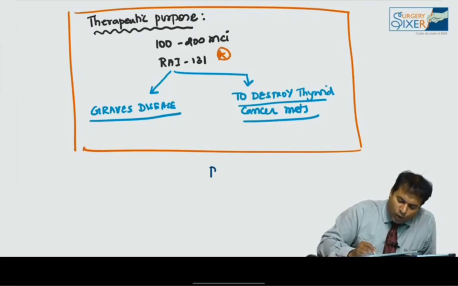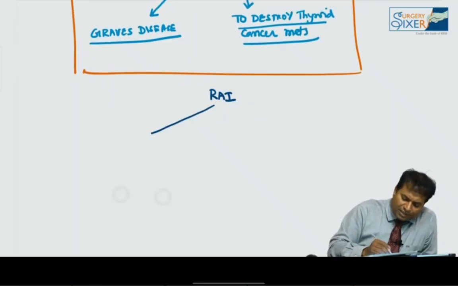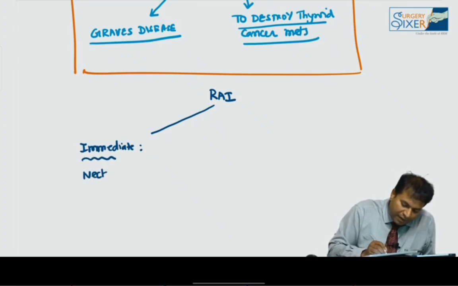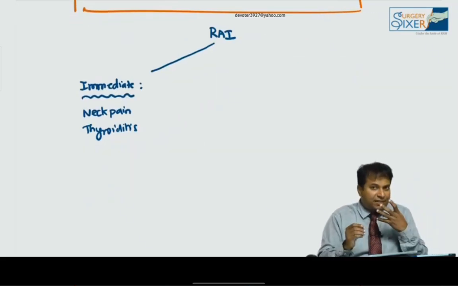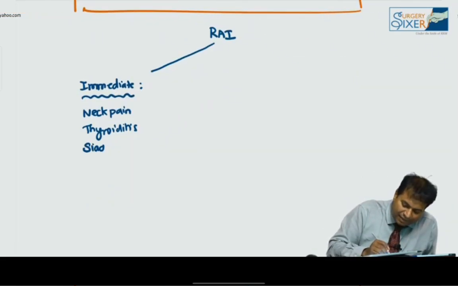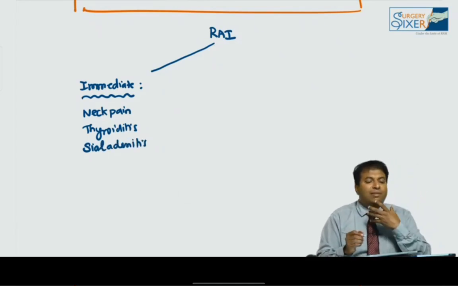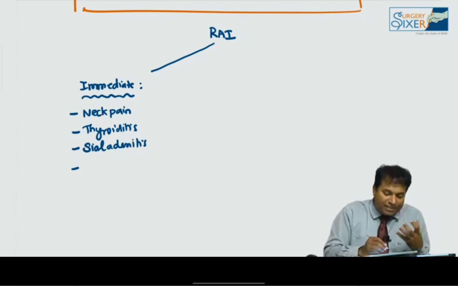This radioactive iodine has a list of side effects, like immediate side effects. The immediate side effects include neck pain. They may develop thyroiditis because of the radiotherapy being given, and the salivary gland can be affected, resulting in sialadenitis. Sometimes there will be cerebral edema,